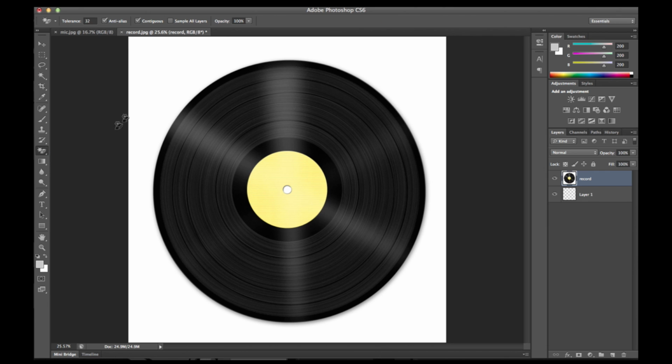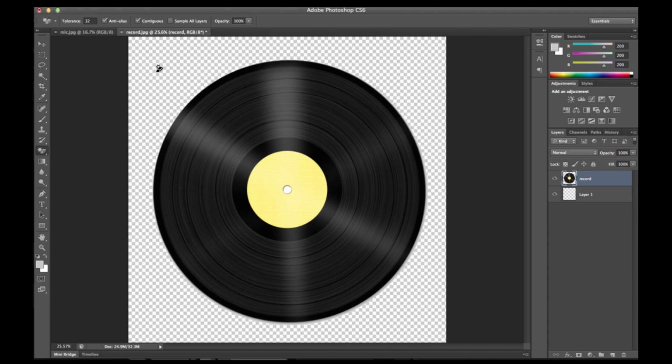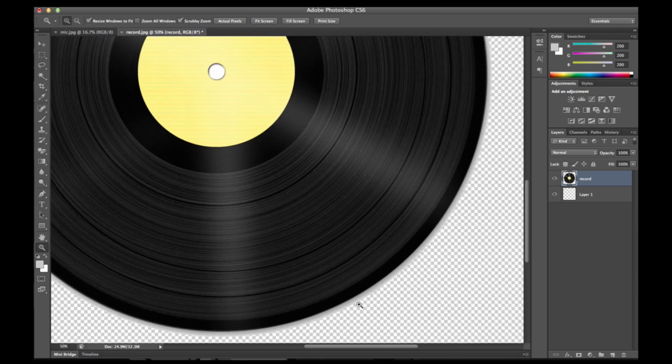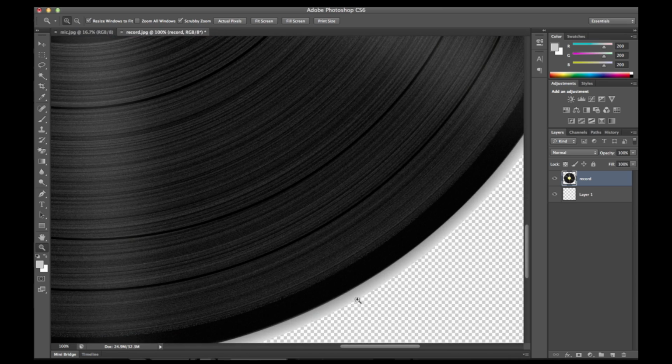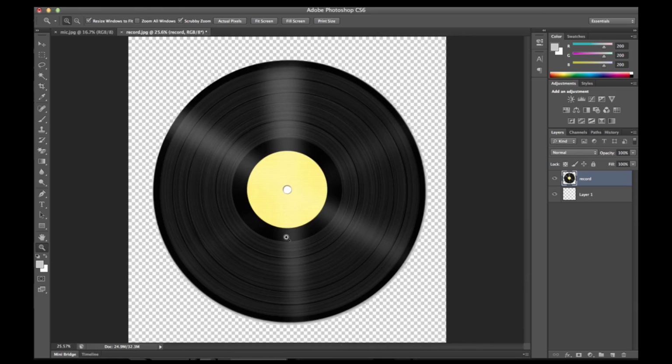And what that's going to do is it's automatically going to delete the background for you. So we'll use all its default settings just to show you. If I click this white, it automatically deletes it all. As you can see though, we have a little bit of a gray shadow left, and I want to delete that too. So I'm just going to go back a step, Command Z,